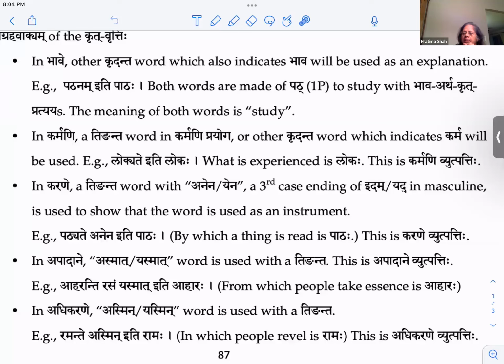Yeah, it could be. I hear what you're saying. It's like when you have bhavati or something like that, then it's not kartari. That's a little bit different. So let's maybe hold that. I'll show you some sentences, or it'll be more clear as we learn more about this.